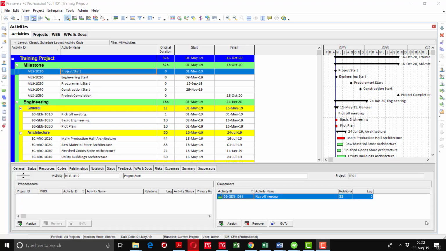Now we will study how constraints are applied to activities. Constraints are the limitations that are applied to the activities. Sometimes some items are not in the control of the project personnel, so they have to apply a constraint and mention that constraint. For example,